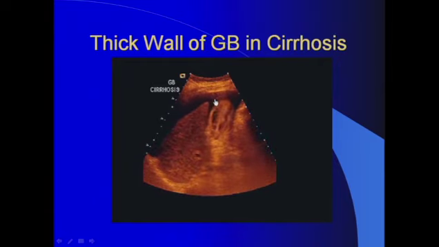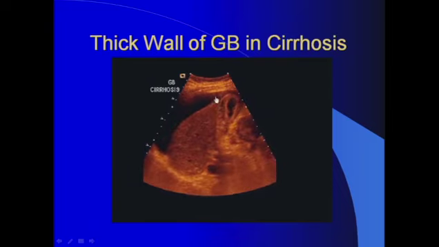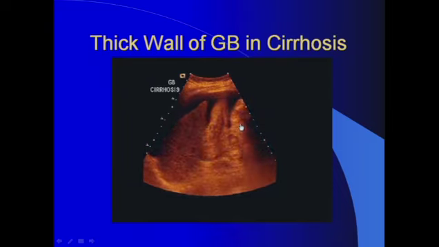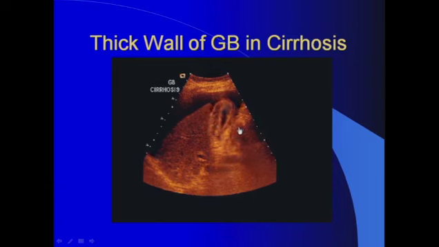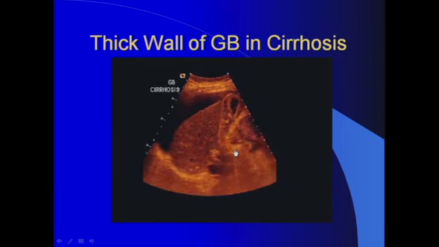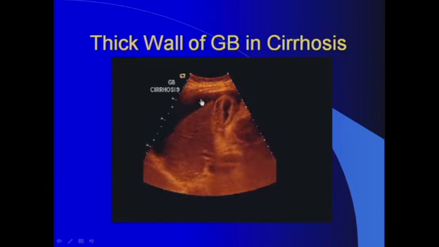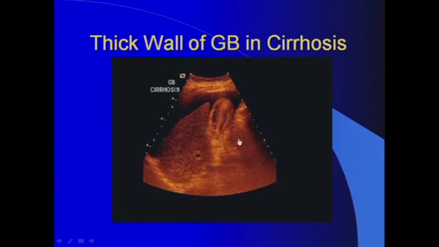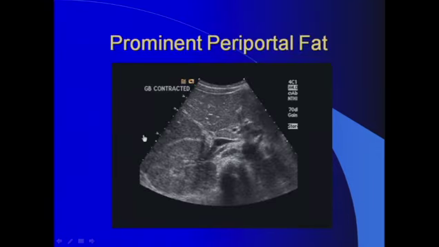This patient had an albumin level of less than 1.5, so you can tell that this is most likely the cause of this thickening. Now, a teaching point here is ascites does not cause thickening of the gallbladder wall. This next slide,